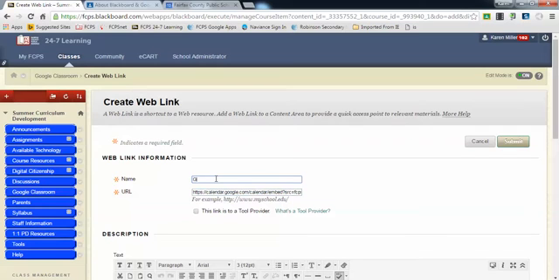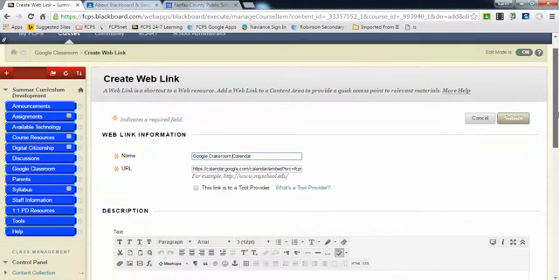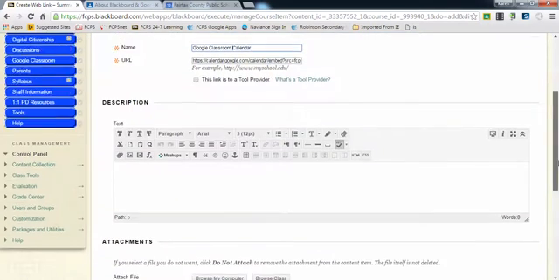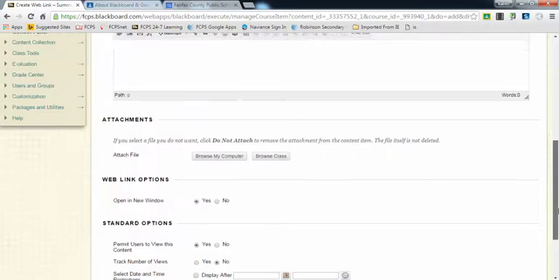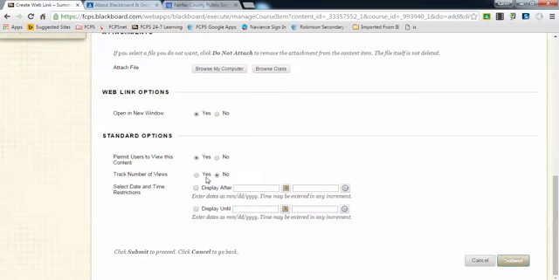I need to give it a name. Actually, I think it would be better if I call it my Google Classroom calendar. And then you want to make sure that the settings below say Open in a New Window, and we want to make sure that we can permit users to see this content. I'm now going to click Submit,